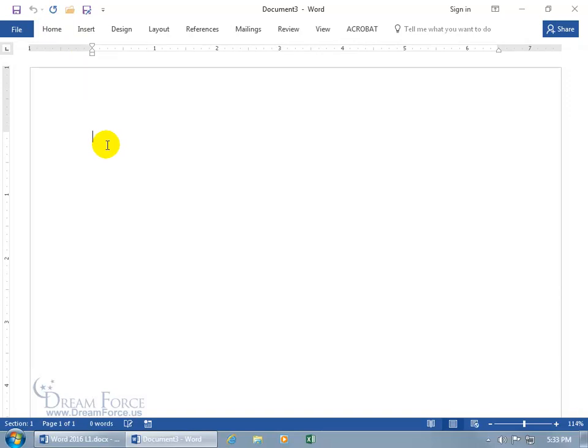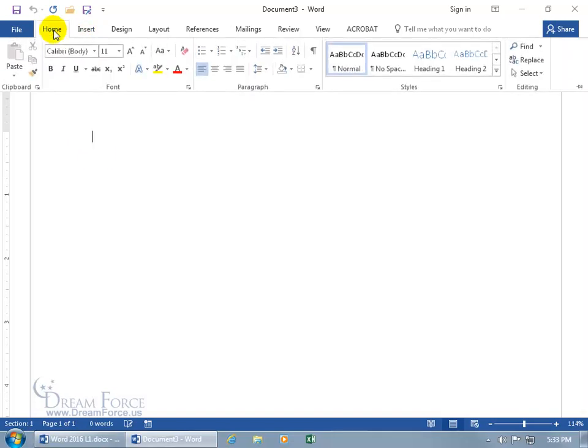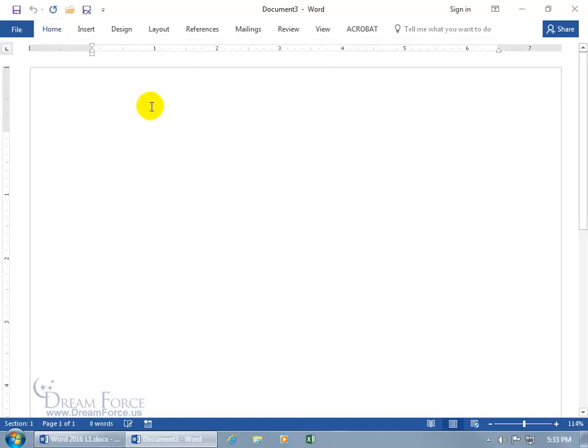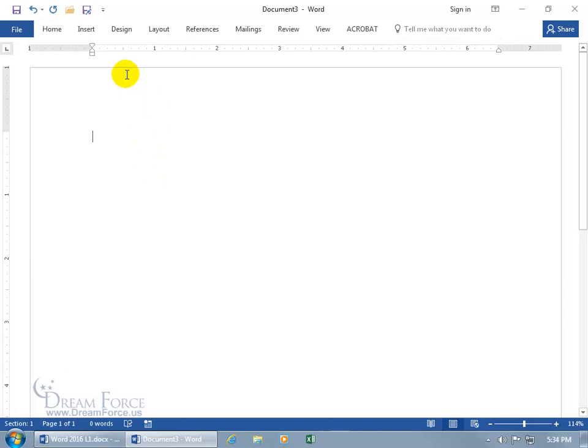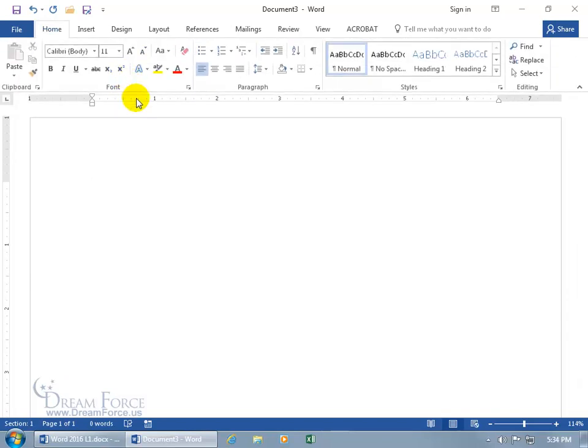So if you want to be able to bring it back up temporarily, then go ahead and click on the tab to see the ribbon, then go ahead and click on a command or click off and it will collapse again. And if you want to bring it back up permanently so it doesn't collapse, then go ahead and double click really fast on a tab and it's back up, so when you click off it doesn't disappear. You can do it that way, or you can use the shortcut keys, Control F1, and it collapses. Control F1 again brings it back up,